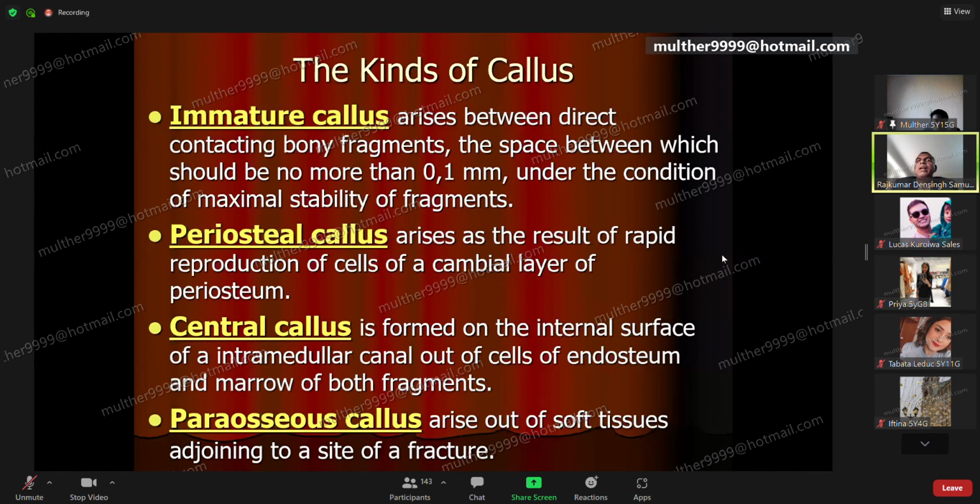In this picture, we talk about different types of callus, especially after fracture, what type of soft bone can grow. We have immature callus. This is one end of the fracture site and this is the other end of the bone where the fracture happened. Where the bone is coming in contact with the other bone, where I put the red line, there grows this callus, or the soft bone. This is called immature callus. Periosteal callus will go around above the bone, above the periosteum. So we call it periosteal callus. Then we